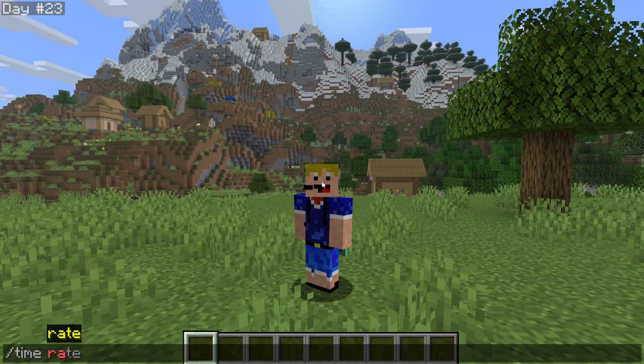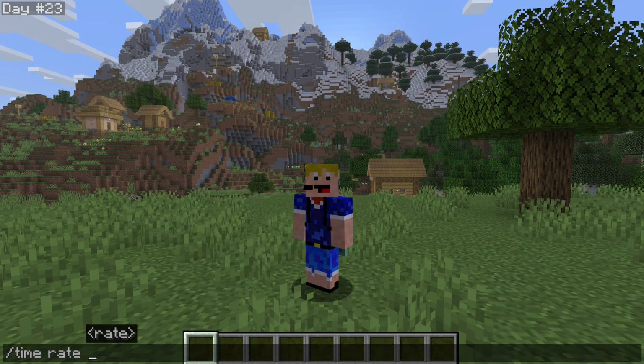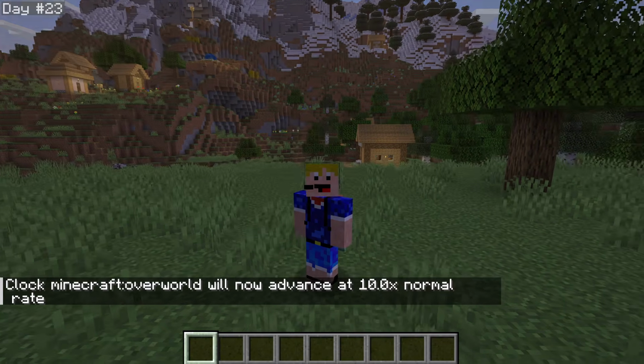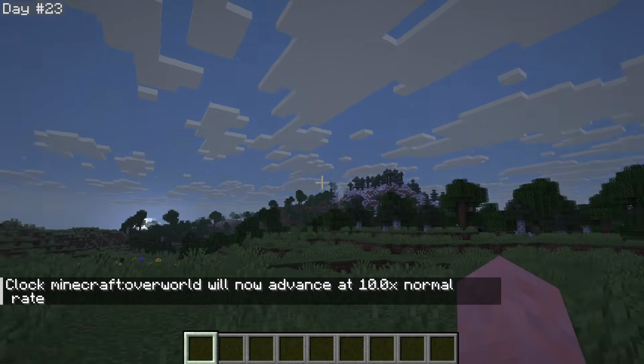Next we have time rate, which by default is set to 1, that is the normal speed of time. But it can be set between a value of 0 and 1000, and it's a multiplier. So if we set it to 2, then time passes twice as quickly. If we set it to 10, then it means that time passes 10 times as fast as usual,